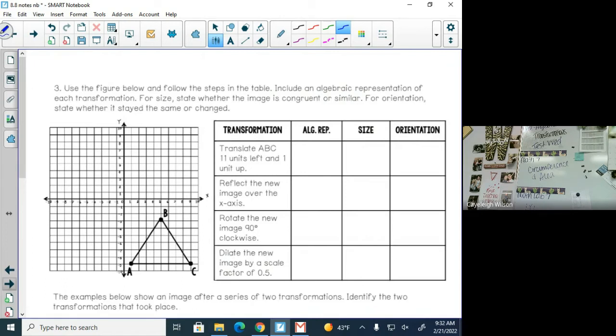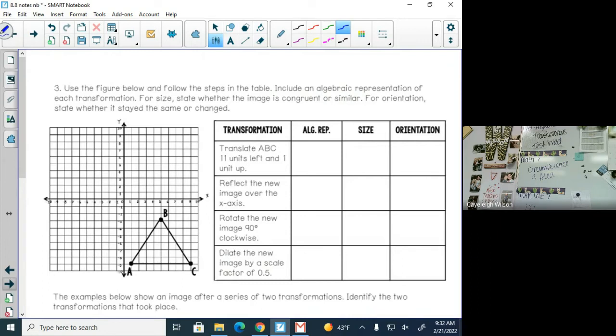Never answered my question about. Okay, what answer? Oh, they go over here. Can you reflect this triangle at you? Right, but if you reflect it over the y-axis, it will be the same shape, just like C would be here, A would be here. If you reflect it over the x-axis, it will be